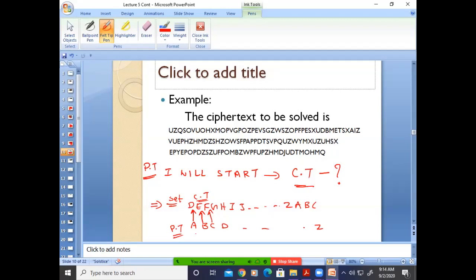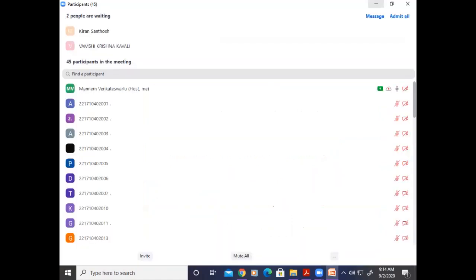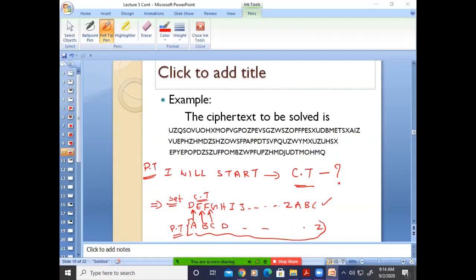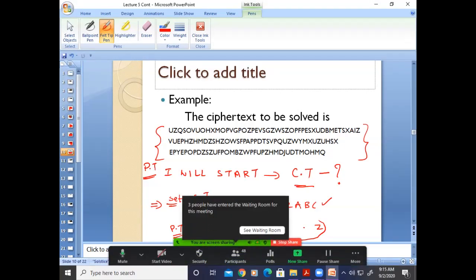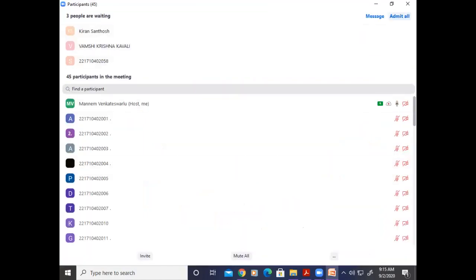First, the normal alphabets are in sequence form. Then we take any one set and compare it with this, then the ciphertext will be produced and can be transferred. Suppose this is one example. This is a very lengthy message, so it may take so much time. But this is already decoded based on what conditions, etc. We will see. We may not use the same procedure for different messages.